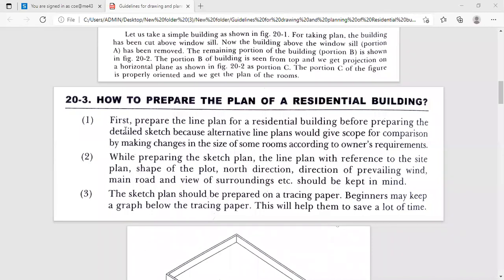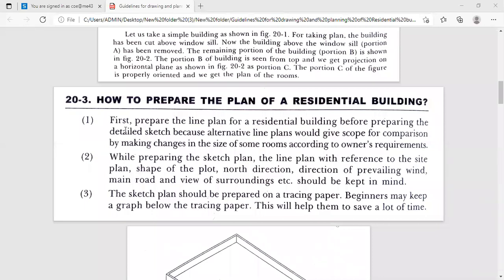Generally here, very first we should know about the location of the plot or site as well as region, then their climatic conditions, topography, then geological conditions, then income of the owner, profession of the owner, then resources of fund. Then, by considering the principles of planning as well as building bylaws, we have to go for the preparation of the plan.